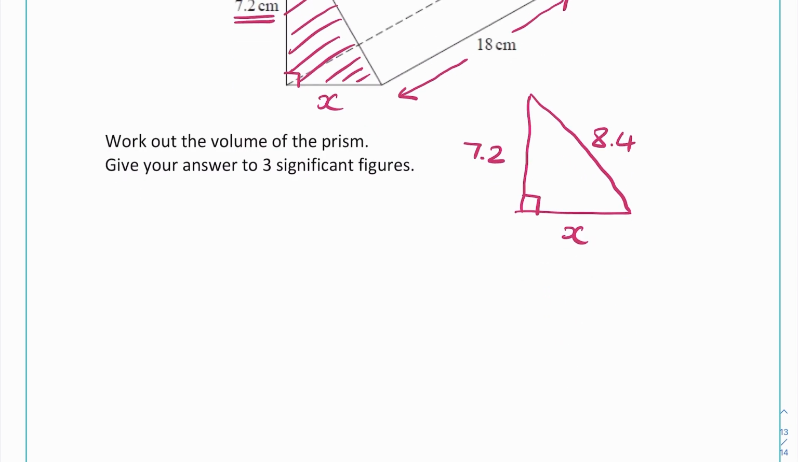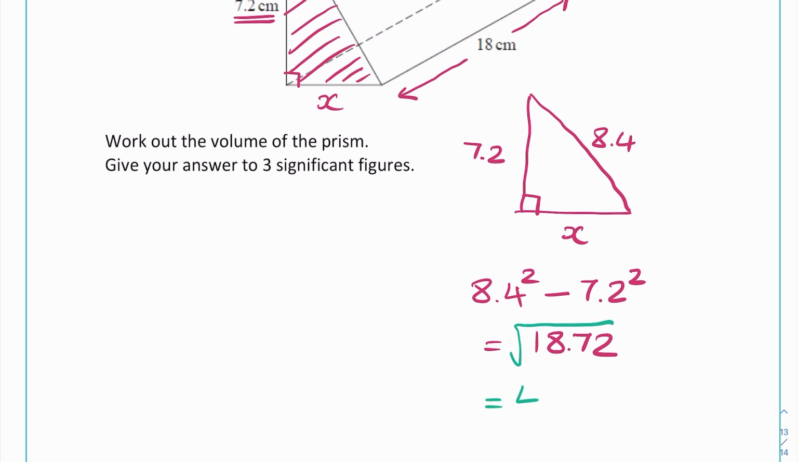So we are finding a shorter side, so I'm going to square them both, 8.4 squared and 7.2 squared. As we're finding the shorter side, we're going to take them away from one another. Let's type that in on the calculator, so 8.4 squared, take away 7.2 squared. That leaves us with 18.72. The final step in Pythagoras is to square root your answer. So I'm just going to press square root answer, press equals, and then I get an answer here, and that comes out as